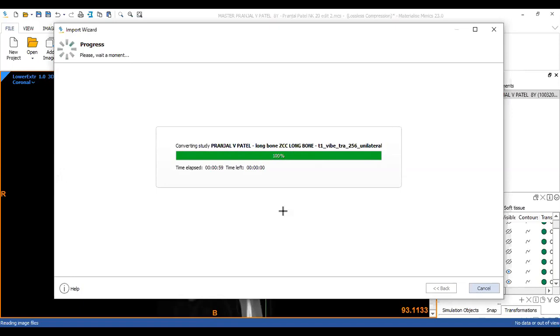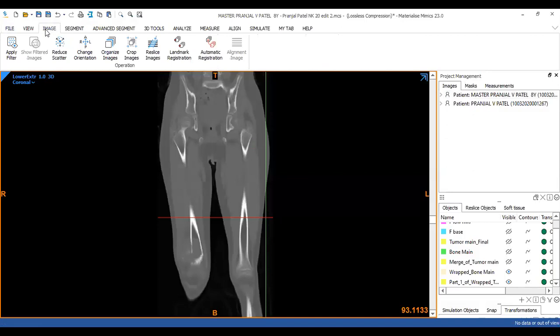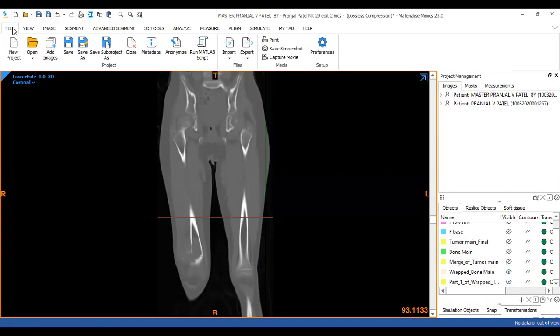Right, so now you see there are two tabs. So I did from here add images. अगर आपको चाहिए तो आप image tab में जाके भी सॉरी, I think file में भी आपका ऑप्शन है ऐड का. चेक, हाँ यहाँ पे add images आप यहाँ से भी add कर सकते हैं, right?